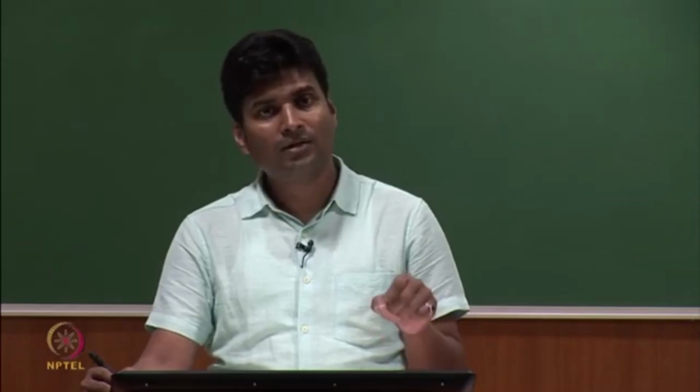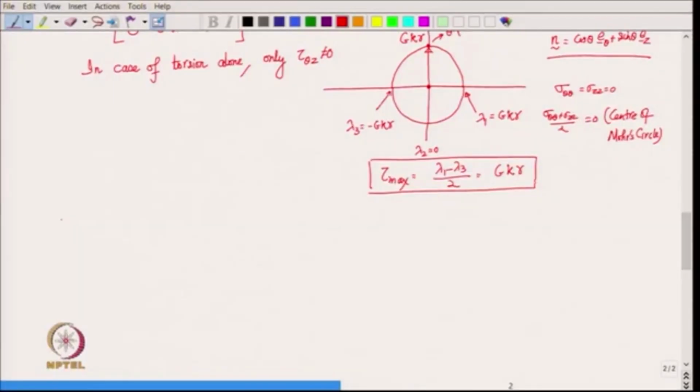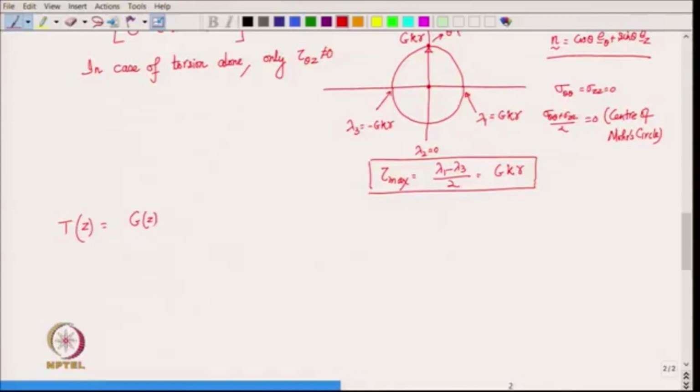And then we have to find out where the twist is maximum in bronze, in aluminum and in steel. Okay. So, how to find out the twist? We know that the torque T at the cross section Z, remember we are using Z now, because for the axis we use the Z coordinate. So, torque T is equal to G of Z times the twist K of Z into J of Z, right. So, this implies that K of Z is equal to torque of Z divided by G of Z into